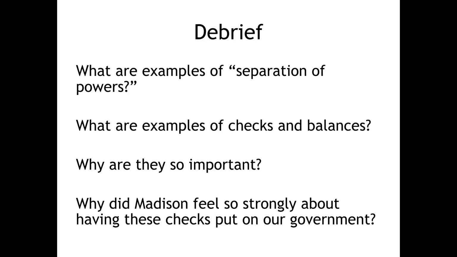Examples of checks and balances: the veto, the president vetoes, Congress has the veto override. Both houses of Congress, not just the Senate, not just the House. The president signs a bill, the Supreme Court finds it unconstitutional. Is there a way around it back then? Yeah, there is a way around it. Congress produces an amendment that is passed by 2/3 of both houses and 3/4 of the states. So there are ways around it, it just doesn't happen.